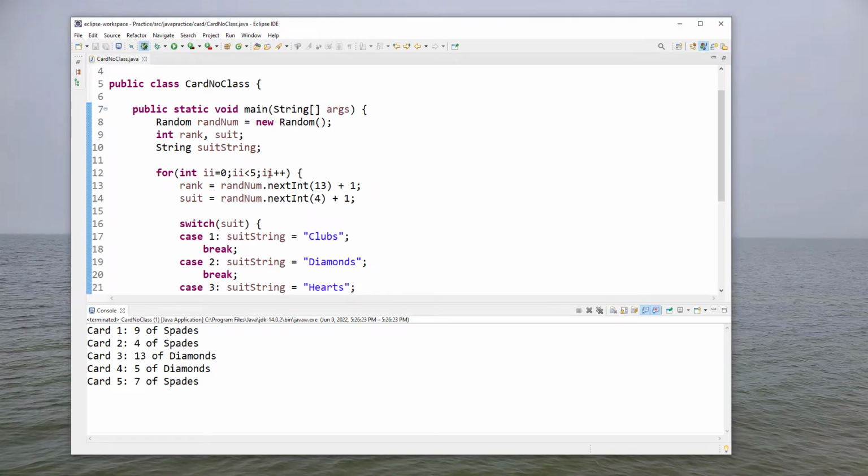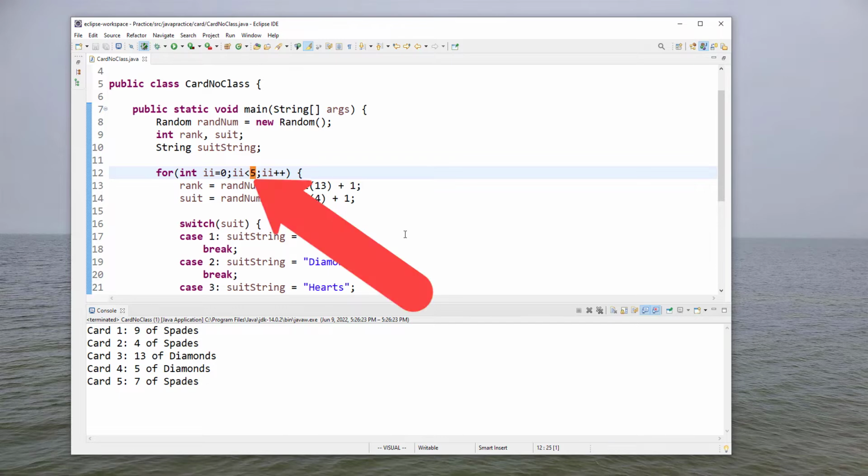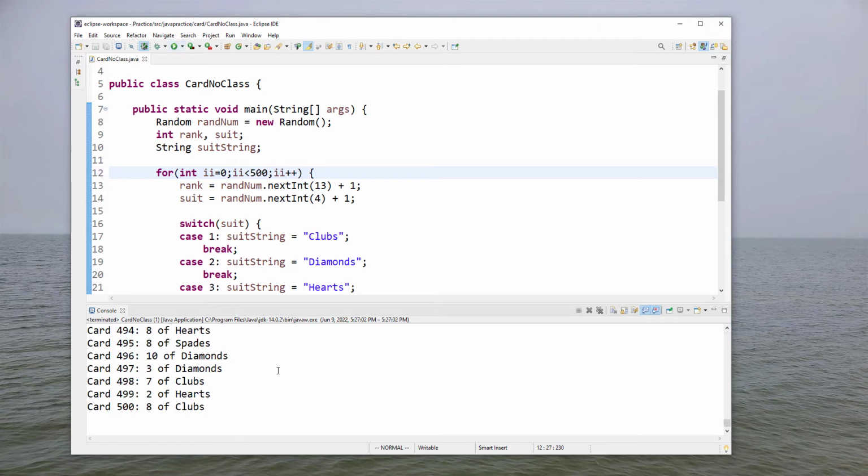Well, it turns out that's really easy. I can just update this, and this would allow me to do this for any number of cards, from 0 cards to 1,000,000 cards, no trouble. I can make this 500, and when I run this, this will print 500 cards. No problem there. Again, the requirement was 5, but you always want to think about what those future requirements may